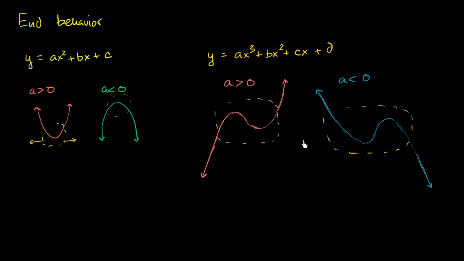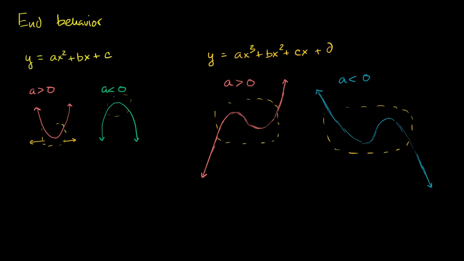But the end behavior for a third degree polynomial is that if a is greater than 0, we're starting at really low values, and as x becomes positive, we get to really high values. If a is less than 0, we have the opposite. And these are kind of the two prototypes for polynomials, because from there we can start thinking about any degree polynomial. So let's just think about the situation